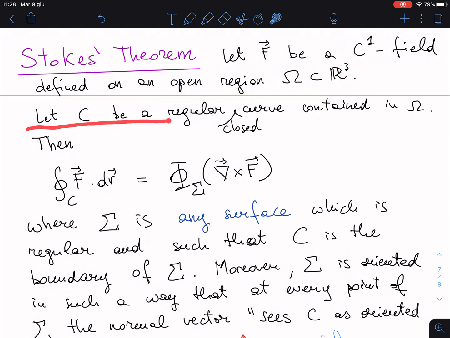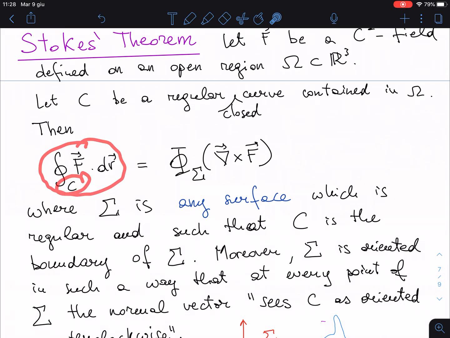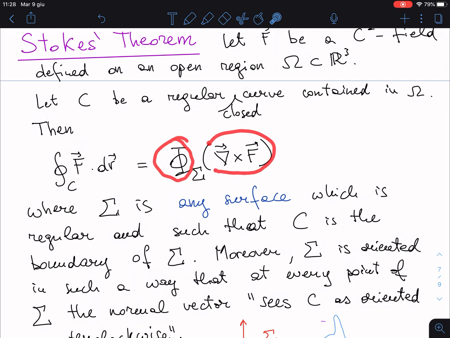Now let C be a regular closed curve. I forgot to write closed here when I wrote it, but closed is extremely important. A closed curve contained in omega. Then the circulation of the field F on C is equal to the flux of the curl of F